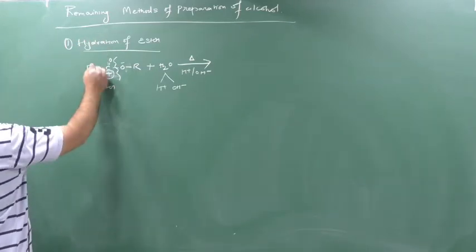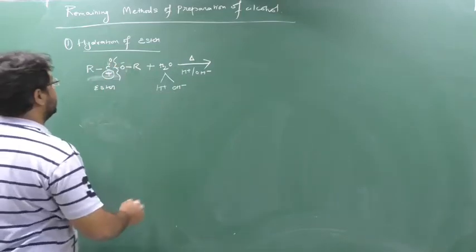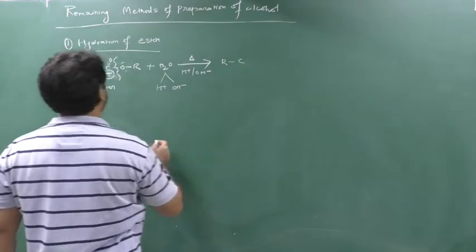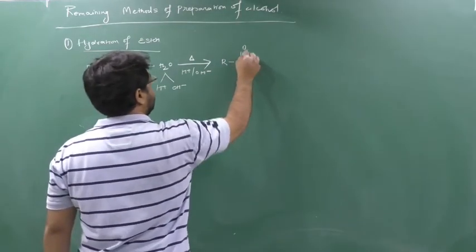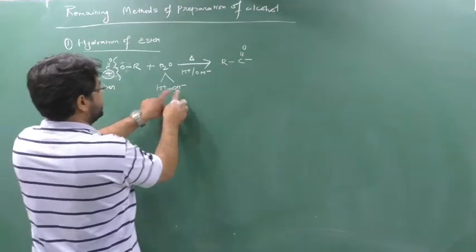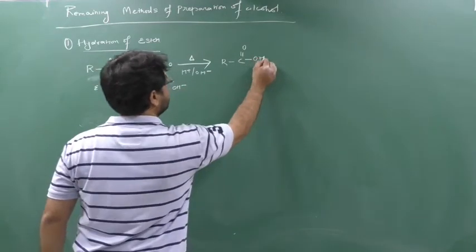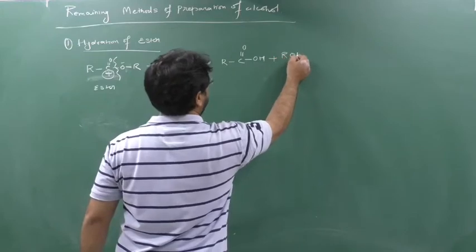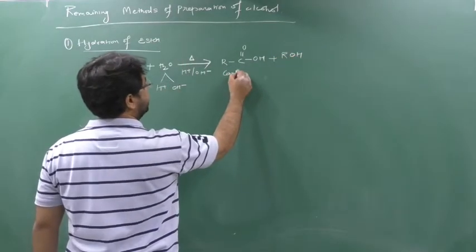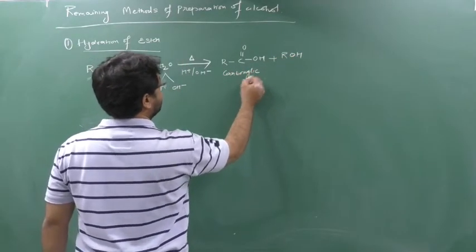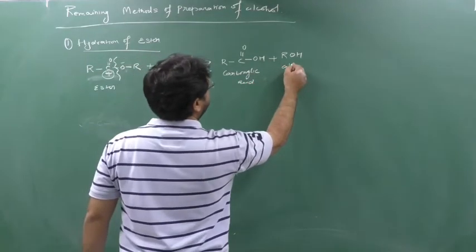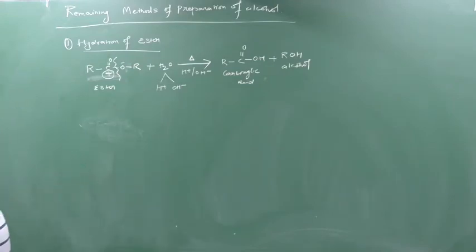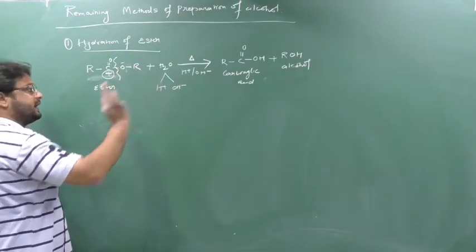This positive will react with this negative. So what I will get is R, C double bond O, and this plus will react with this minus. The minus is OH, so OH, and this RO minus will react with this H. So what I get here is ROH. This is nothing but carboxylic acid. Understanding or not? Carboxylic acid, and this is nothing but alcohol. If you split from here also, the answer will be correct.